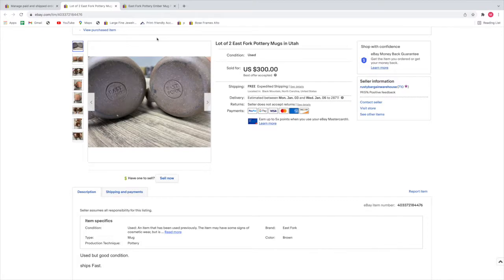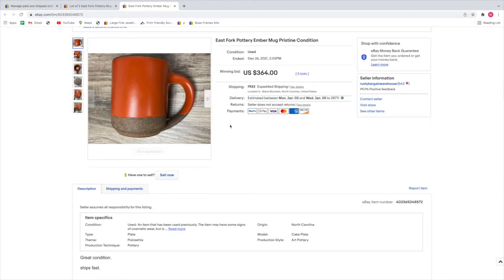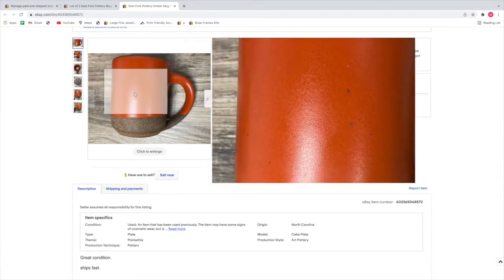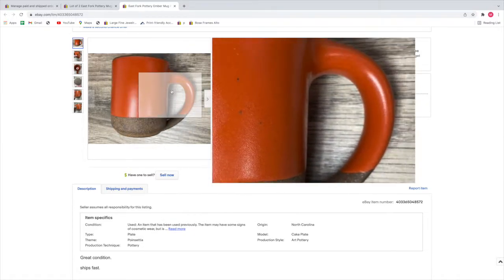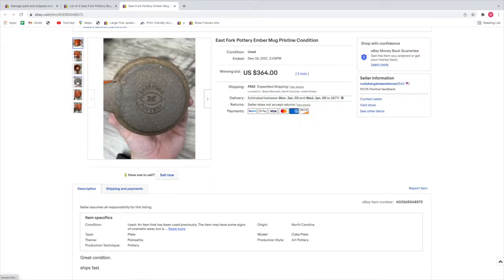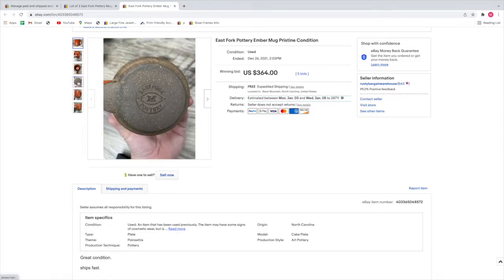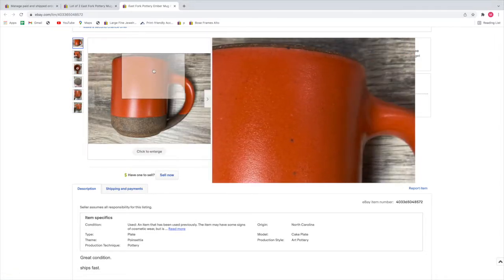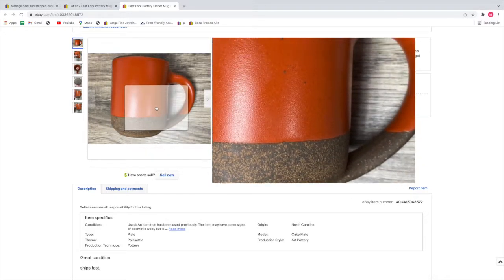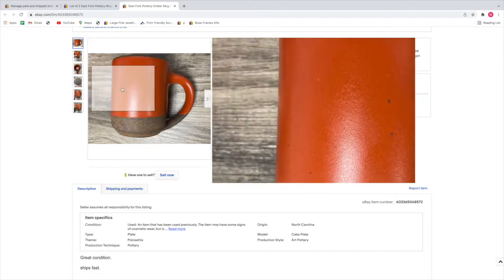And then after that happened, I threw this other one up for an auction. It went for 7 days. It had 5 bids. It had nearly 60 watchers on it. It's a bright orange glaze color, and it was just beautiful. And that M, I think, stands for Montford. I think there was a hotel. Honestly, I don't remember how this came into our possession. It was given to us, but